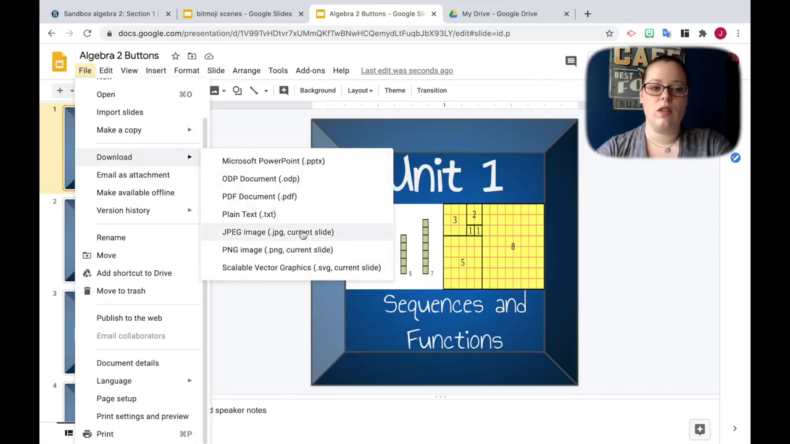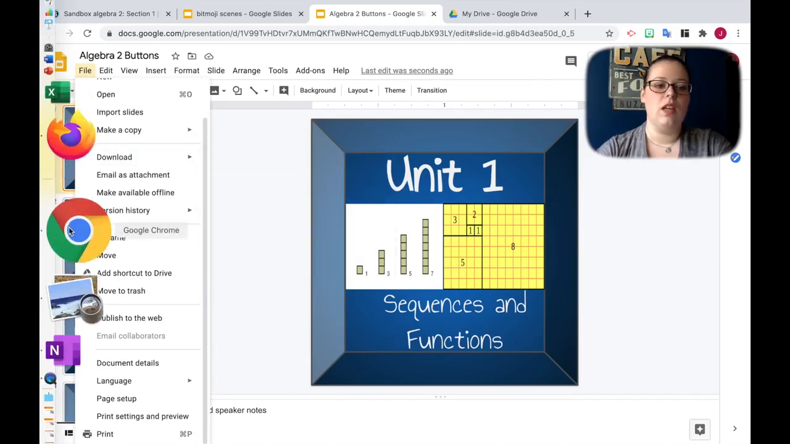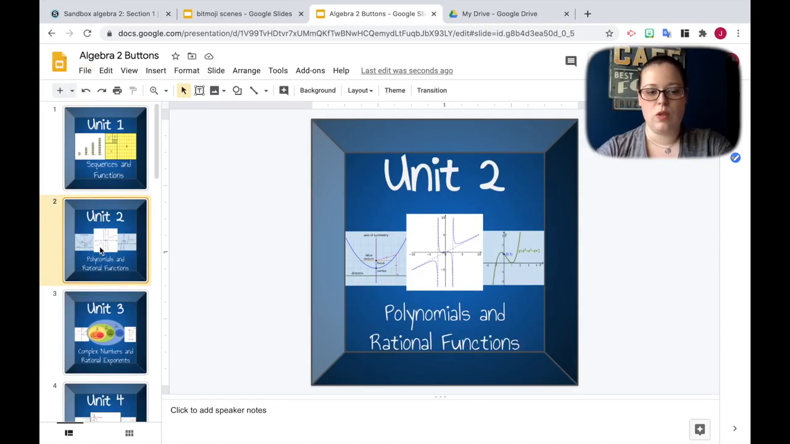You'll go to Download, JPEG, or PNG. Then you have to go to the next button, do the same thing. Next button, same thing. After you have all of your images together, there's 2 ways to approach this. And I'm going to show you the way that I do it, which is a little bit different than how